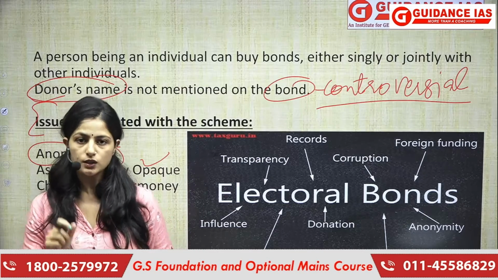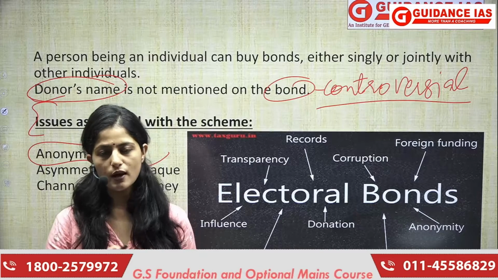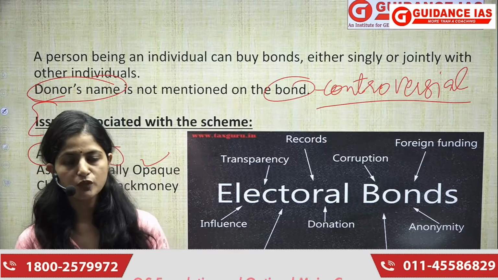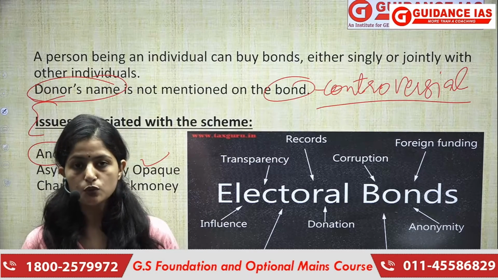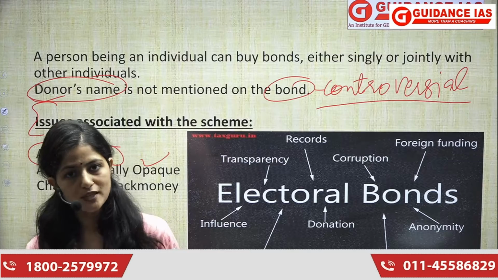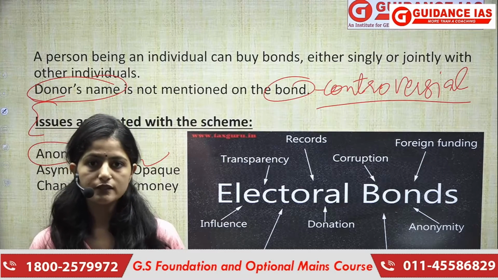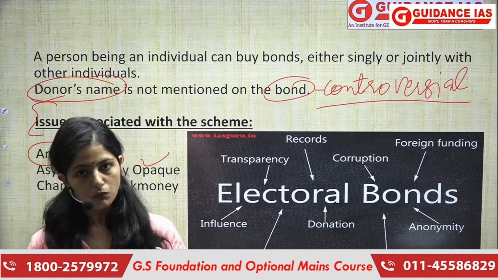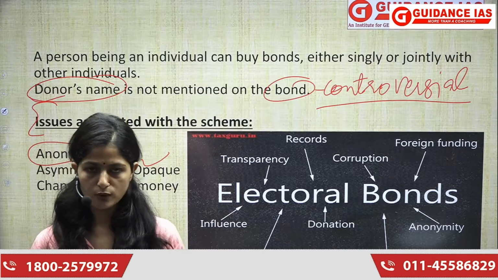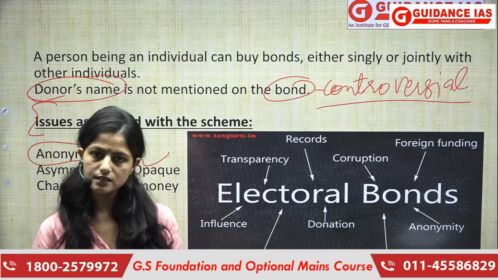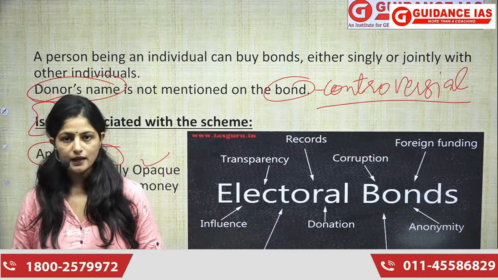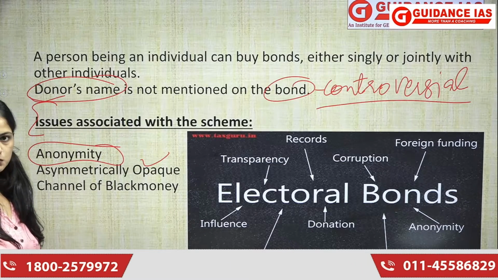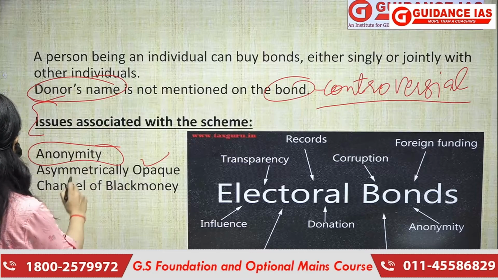Now, who can see it? The central government can see who the person or the company is donating money to their party, through what? Through SBI. They can go to SBI, they can get all the details, but only the central government has this power, not anybody else. No one else can get this information, and that is why it is asymmetrically opaque. Only one side is visible. Okay, it is visible to only one personality.